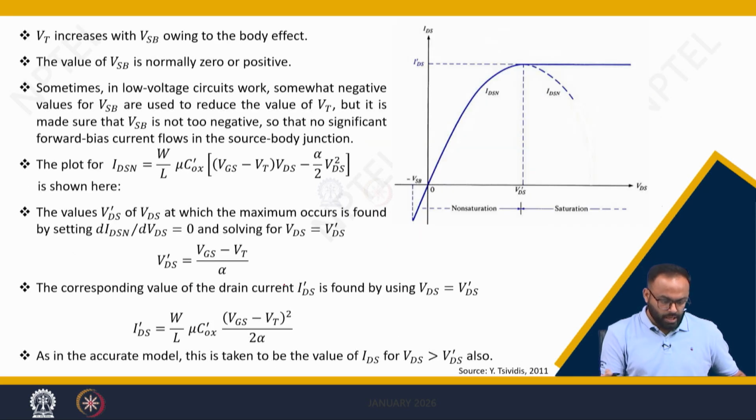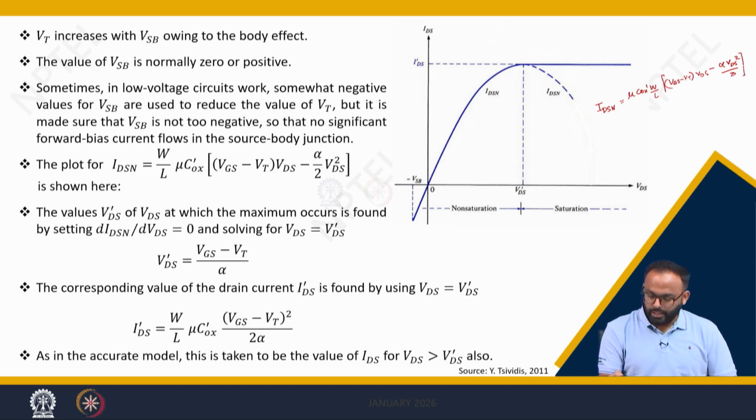Now let's see again the equation we just derived: IDSN equals mu into COX dash into W divided by L